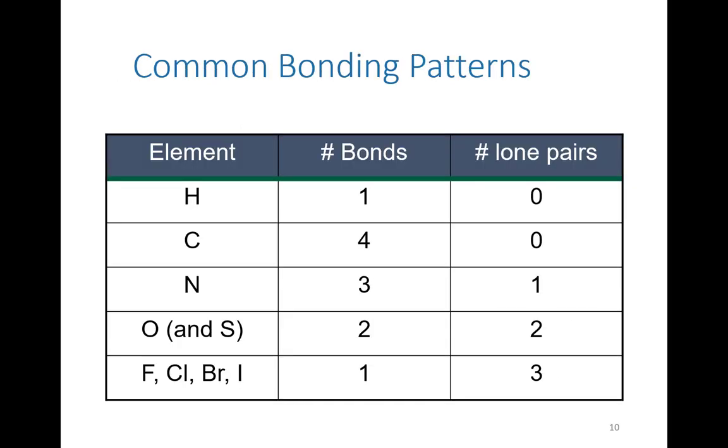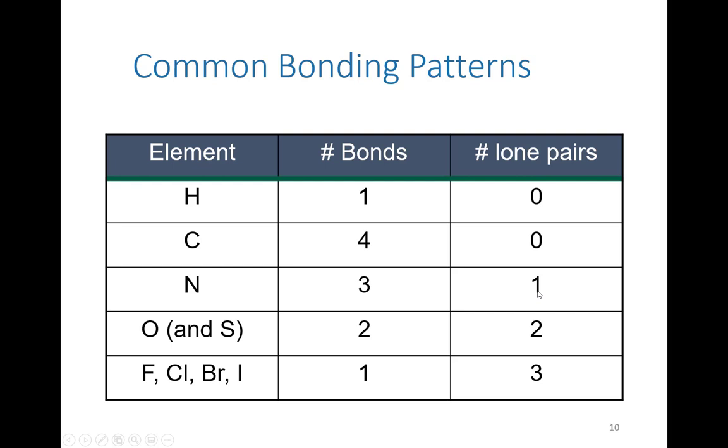And so here is a summary of the most important bonding patterns that we see for chemicals in organic chemistry. And it's very important that you put this to memory. So hydrogen, 1 bond. And now if we think about this in terms of the periodic table, carbon is in group 4. So it starts off with 4 bonds. As we move to the right on the periodic table, we go down by 1 bond and then add a lone pair. So moving to the right, from carbon to nitrogen on the periodic table, we now have 3 bonds,